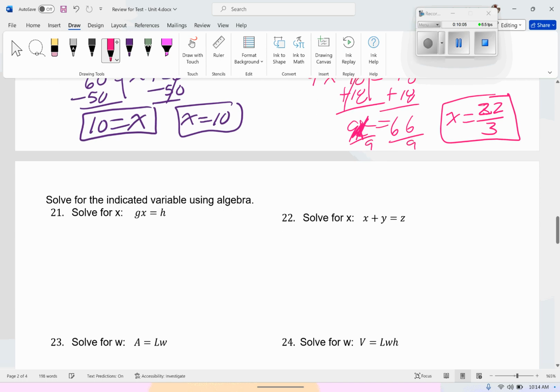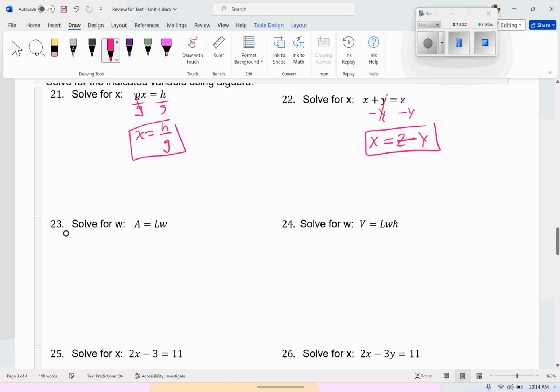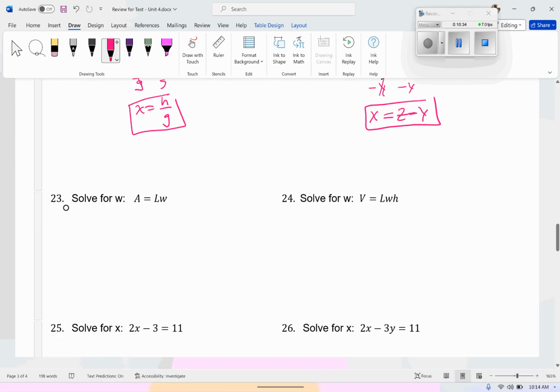Okay, problem number 21. We want to solve for x. G and x are being multiplied together, so I'm going to divide both sides by g first. They cancel, so x equals h over g. 22, we want to solve for x, so x and y are being held together by addition, so I use subtraction to undo it. So z minus y. So x equals z minus y. For problem 23,